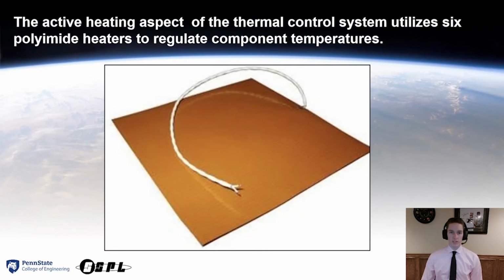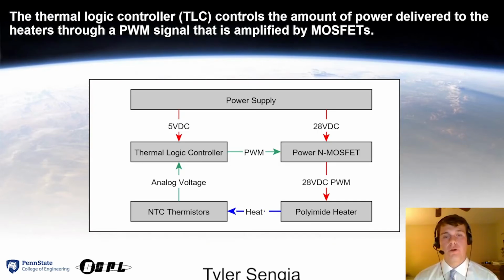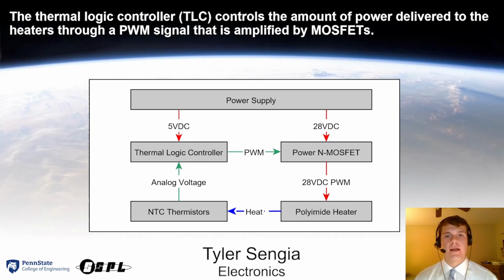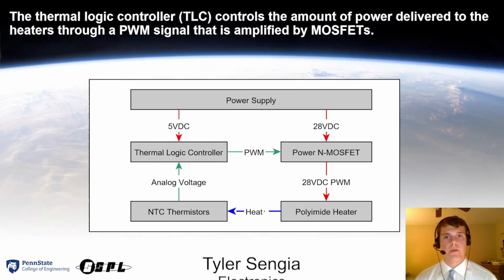For the active heating system, 6 2-inch by 2-inch polyamide heaters, controlled by a PI loop, will be used to regulate the temperature of components. The attached pressure-sensitive adhesive will be used to attach them to their respective surfaces. 2 heaters each will be used for the laser driver, spectrometer, and PCB to provide redundancy in case one debonds or malfunctions. In order to keep the payload at an operable temperature, Oasis uses a smaller microcontroller, known as the